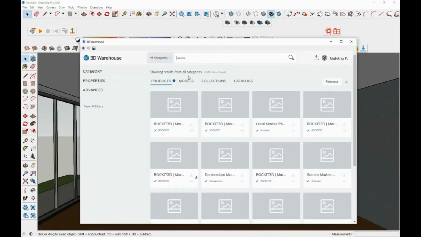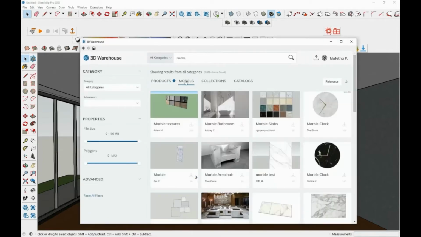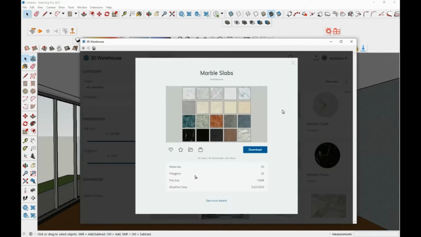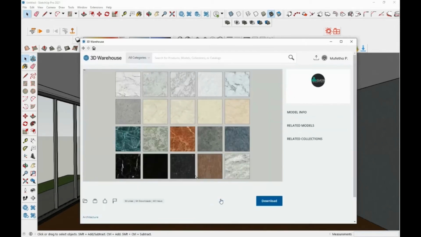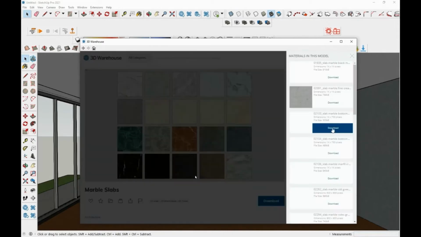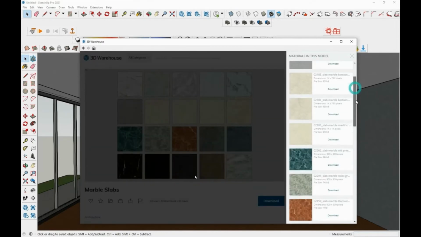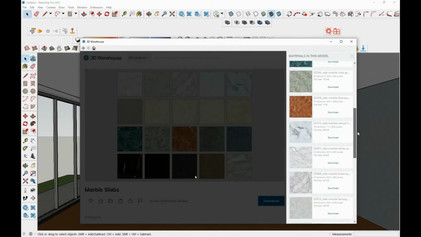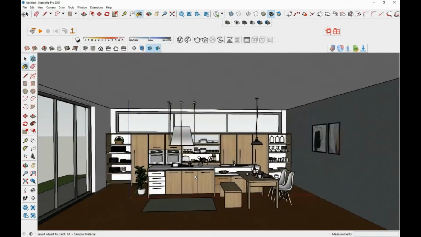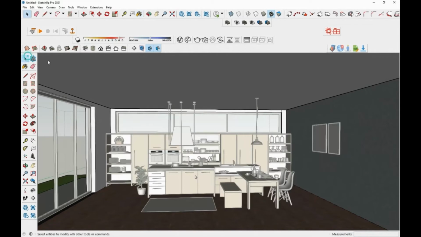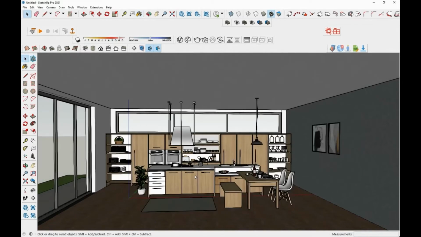Now, if I want to search for any particular material, say for example, marble, here I got the list of marbles and I choose this one. And here is the list of marbles used in this model. So from this, I can download the required one. And in the same way, I can apply it to my floor.